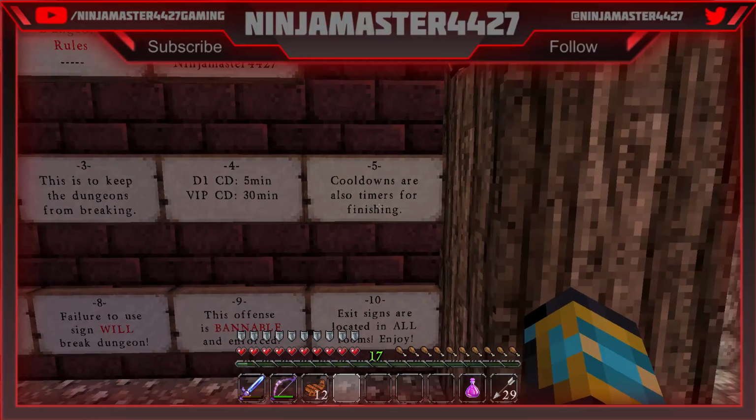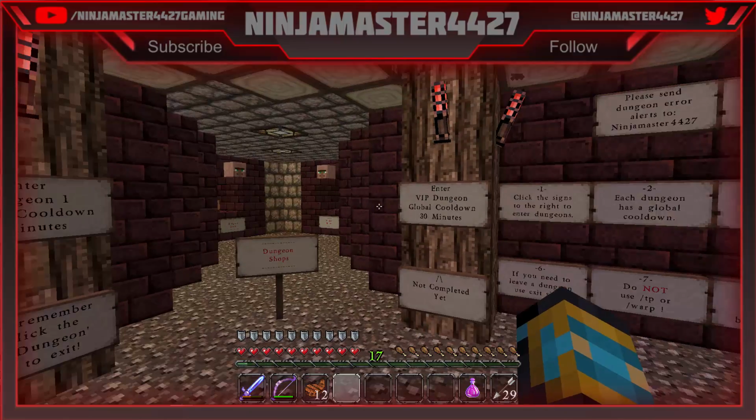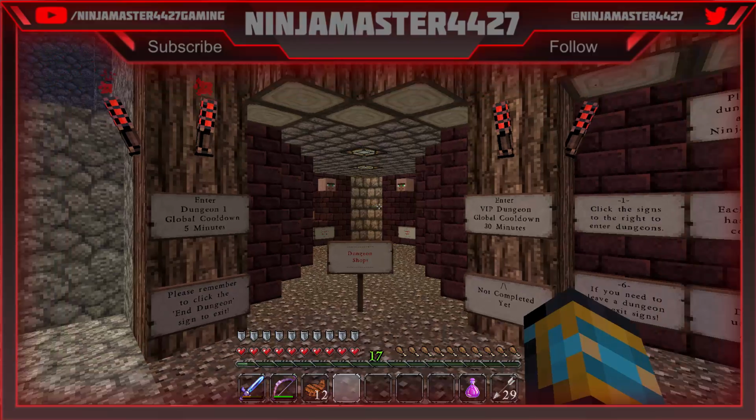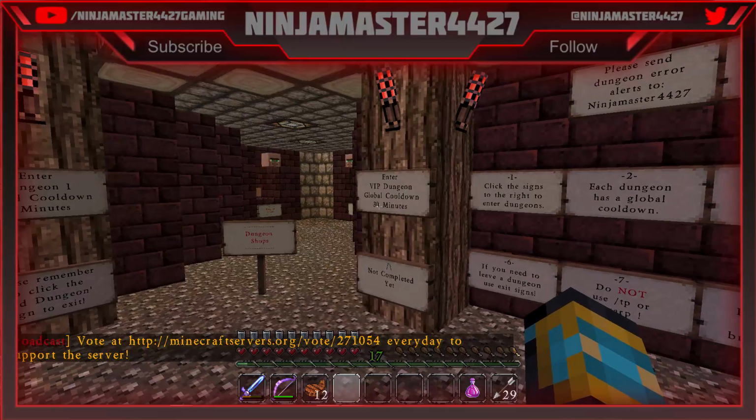Cooldowns are also timers for finishing. So when you're in the dungeon, you have 5 minutes to finish, or in this one, you have 30 minutes to finish. You won't get kicked out after that amount of time. I do actually want to try to add that if I can get the commands for these signs to work like that. I will have it where it can kick you out at that time, which is just to keep it from breaking, and that way